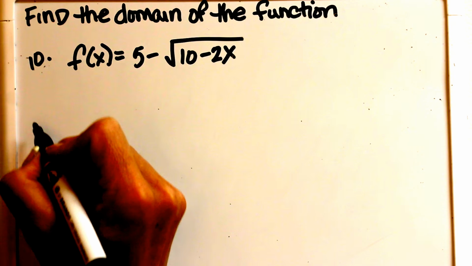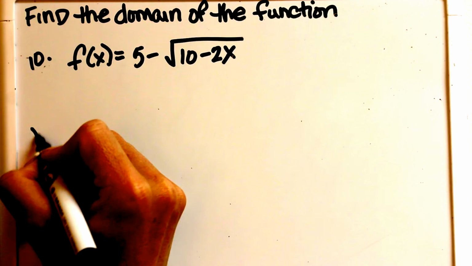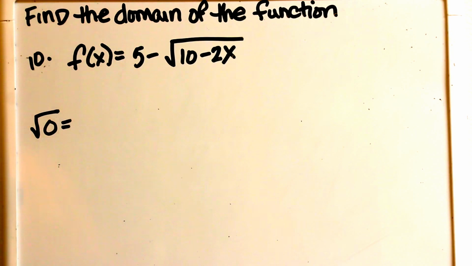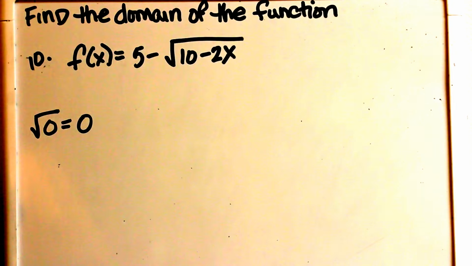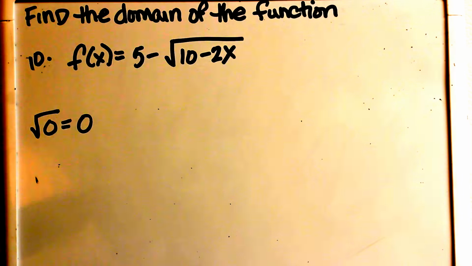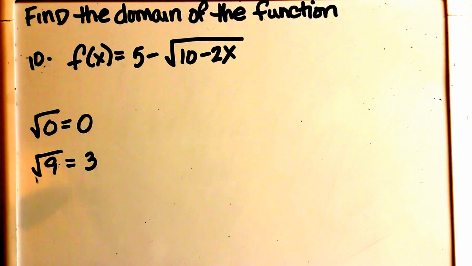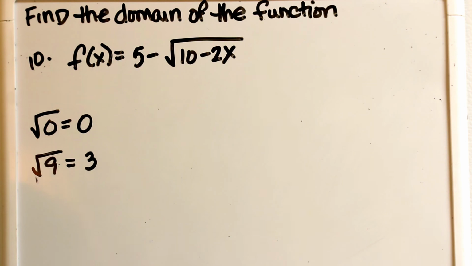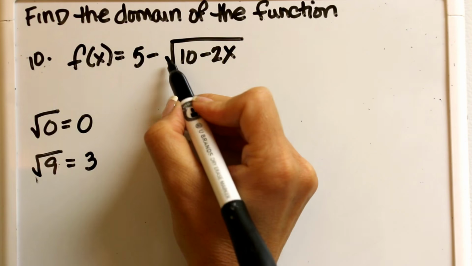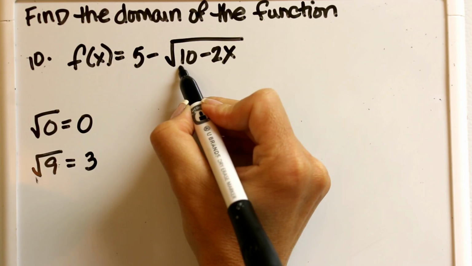So, thinking about that a little more, we can take the square root of 0 though, because 0 times itself is 0. We can also take the square root of any positive number. For instance, the square root of 9 is 3, because 3 times itself is 9. So, knowing we cannot take the square root of a negative number